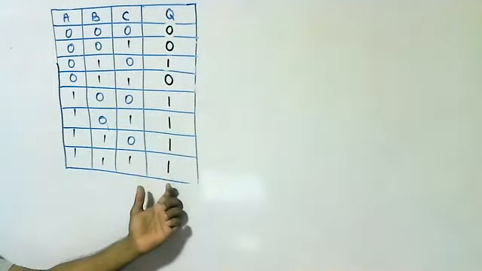Okay, students, this is the truth table given to you. So you have to take the min terms and max terms, and finally you have to find out the standard SOP expression and standard POS expression. Quickly do it, students. Now you got the idea, you understood what you want to do. So quickly answer this question. I have given the truth table, so you have to find out the min terms and max terms, and finally the standard SOP expression and standard POS expression. After completion, raise your hand, students.